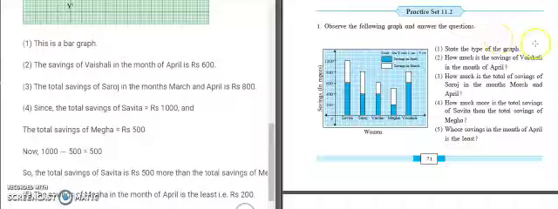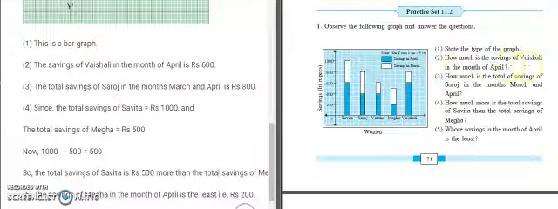State the type of graph. First of all, you can see here that it is single bar and it is divided from between, and so it is a subdivided bar graph. This is a bar graph and it is subdivided bar graph.